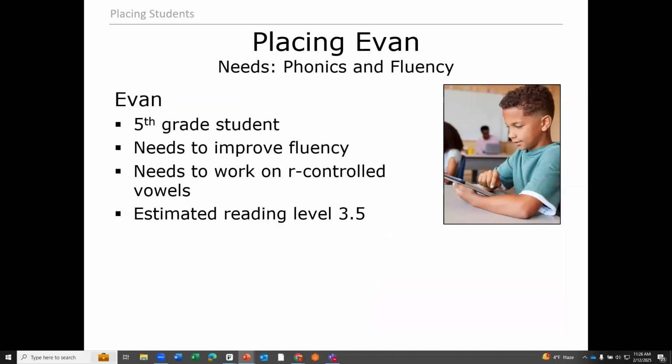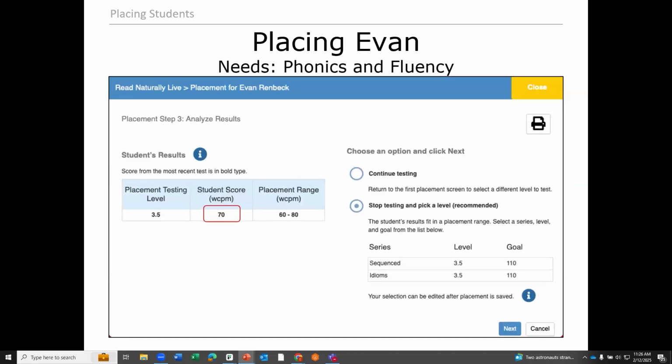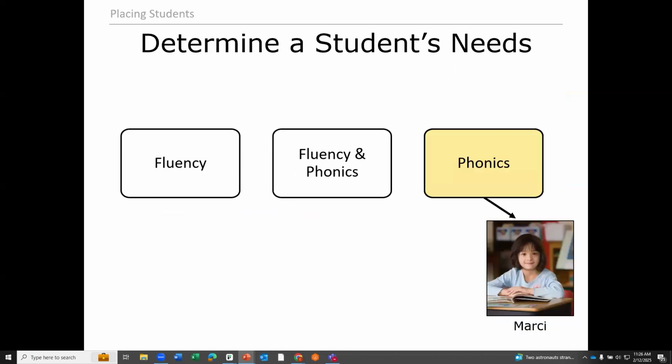But once they get into fifth, sixth, seventh grade, it's different because most of them read at a mid-third grade level or above. We don't have phonics levels available at a 3.5 or above. So in that case, you're going to place Evan as if he didn't have a phonics issue. You're going to place him based on fluency. You think he's reading at a mid-third grade level. You're going to give him the mid-third grade level placement passage. If he scores in that range, you're going to pick either idioms or